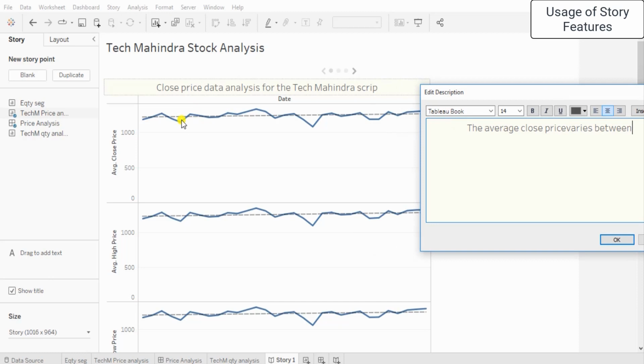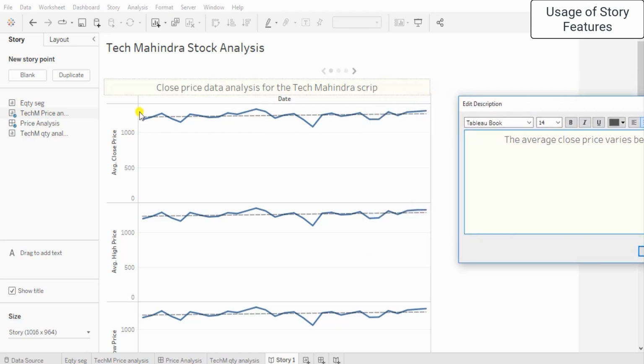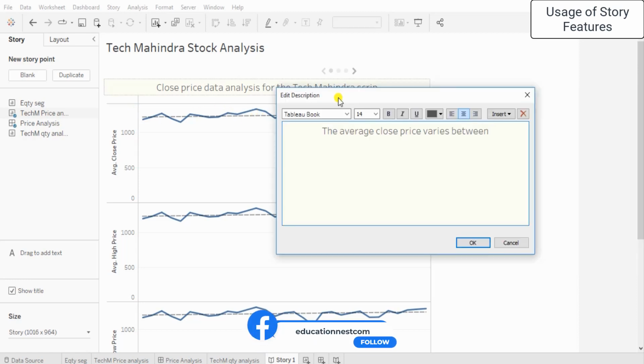So let's click no. It varies between something like, draw your judgment, 950 until slightly above, no, not 950, actually it's greater than 1000. So it should be around 1150 to 1350. The trend line,